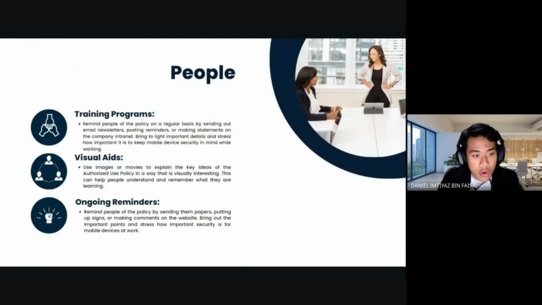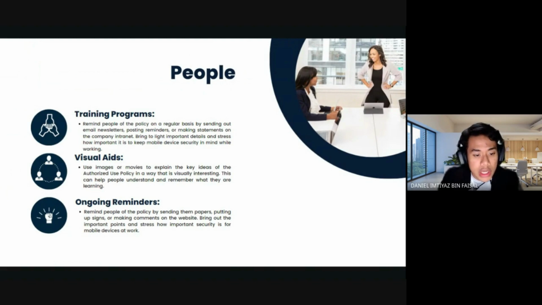Okay, for confidentiality policy, for training programs, it holds frequent training sessions on the most effective methods for maintaining confidentiality, the proper management of data, and the significance of guarding sensitive information. Give some instances and go through some real life situations to show the possible dangers and repercussions of breaches of confidentiality.